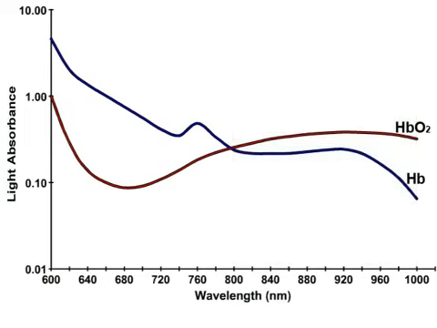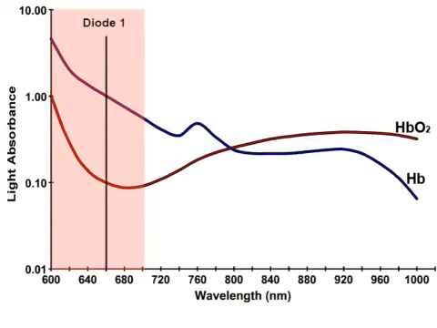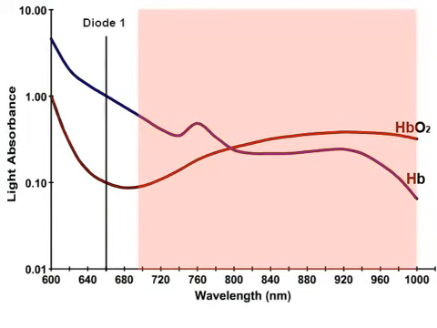One light-emitting diode emits light in the red spectrum at a wavelength of 660 nanometers, at which the light absorption of deoxyhemoglobin is greater than that of oxyhemoglobin. The other diode emits light in the infrared spectrum at a wavelength of 940 nanometers, at which oxyhemoglobin absorbs more